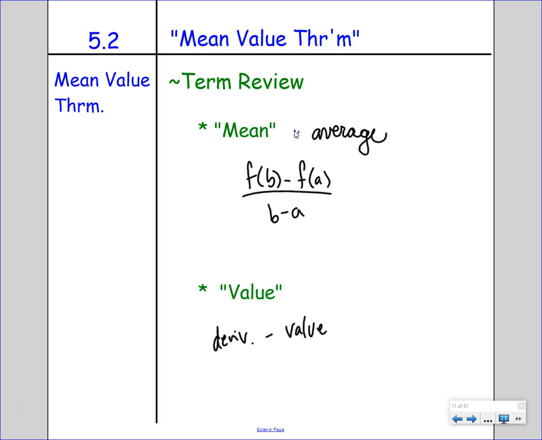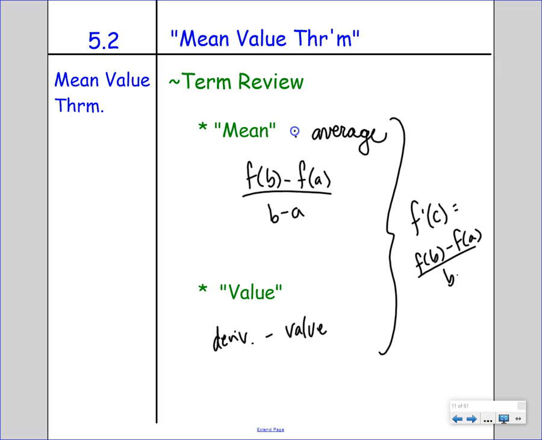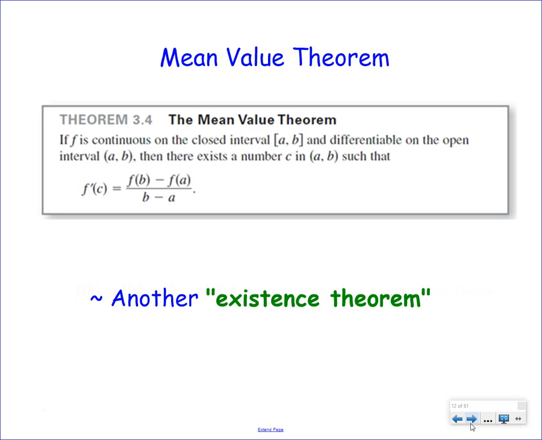Yeah, because MVT says there is a place where the value of the derivative is equal to the average rate of the interval, right? And this is MVT for differentiation. What's MVT for integration? Well, we're not necessarily there yet. But if you guys remember, for integration we'd have 1 over b minus a times the integral from a to b of f prime. But we'll get to that when we need it.